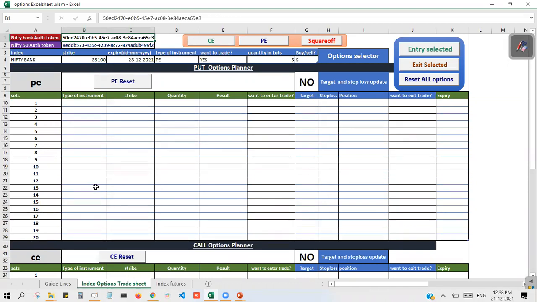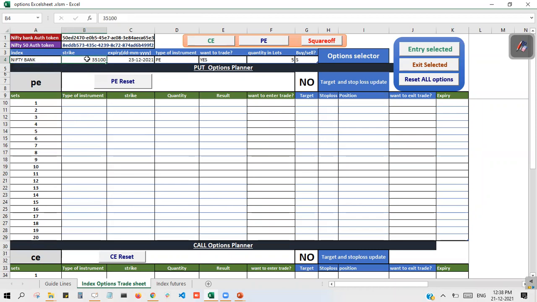So in order to plan our option, now if I want to place a Nifty Bank option of 35,100 PE selling with 5 lots, then in this option selector, from this drop down, I will select Nifty 50 or Nifty Bank.